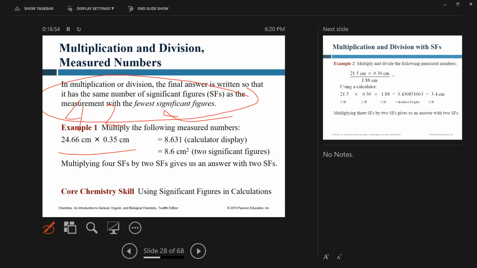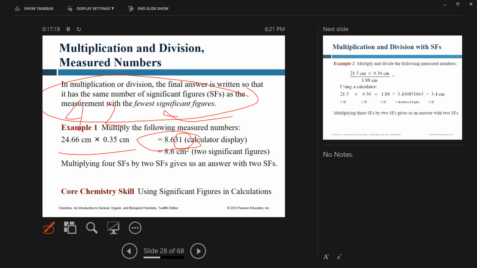If you use a calculator, that's your result. Now you need to round it to how many significant figures? 2. So you have to drop the last 2, 3, 1. You round it to 2 significant figures, and it's going to be 8.6. Does